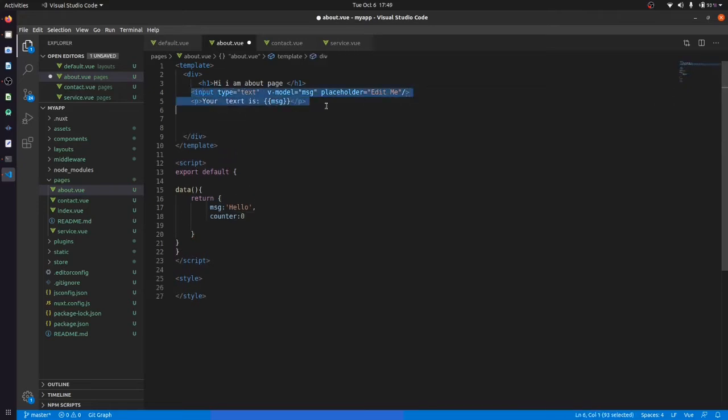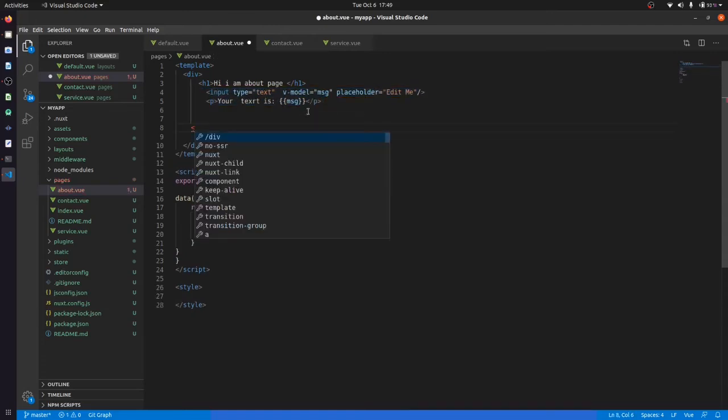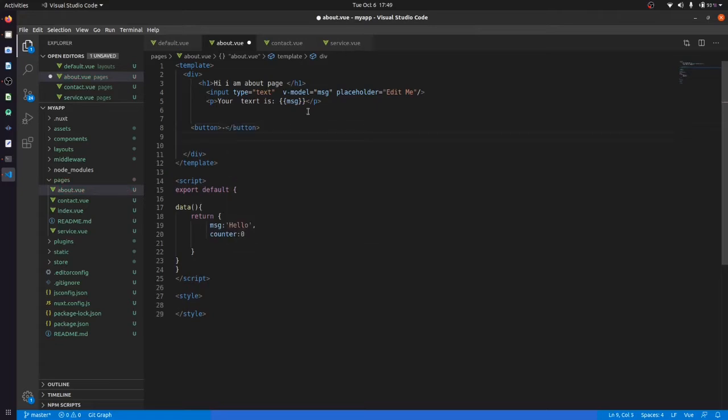Then we have a button. It has a minus sign, and below that we have a paragraph tag or span tag, where we can show the counter.